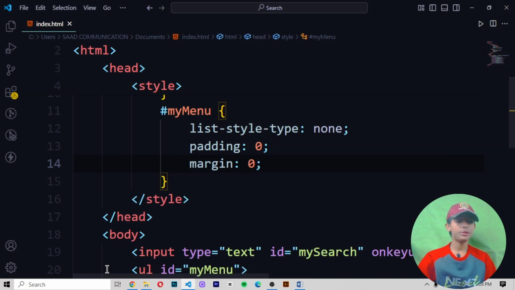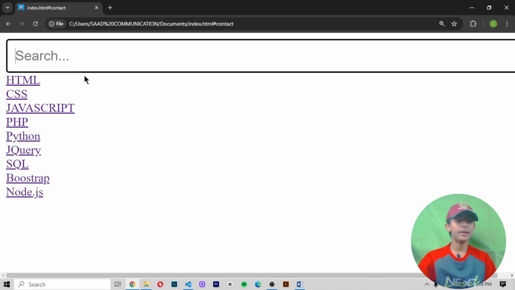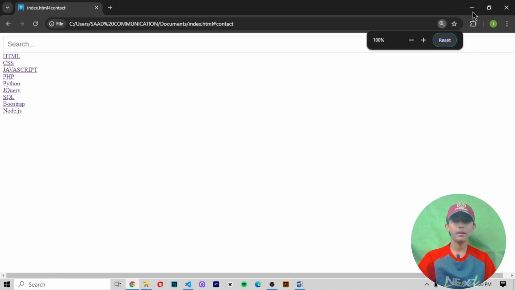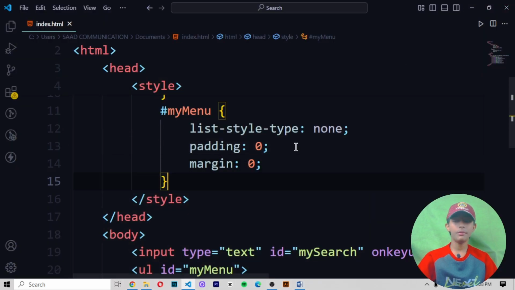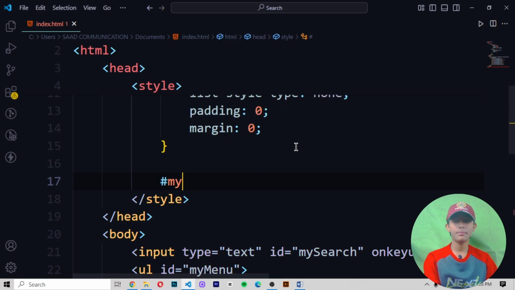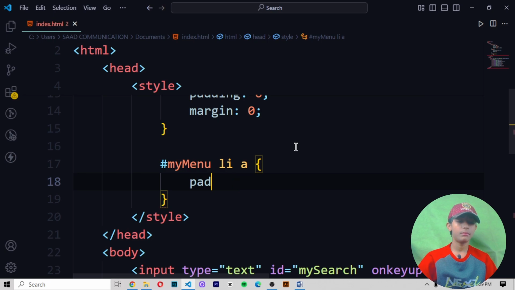Margin should be also. So let me show you till here where we have done it. Till here we have done it. Here you can see it. Now here we come on it, and then hashtag my menu li a padding